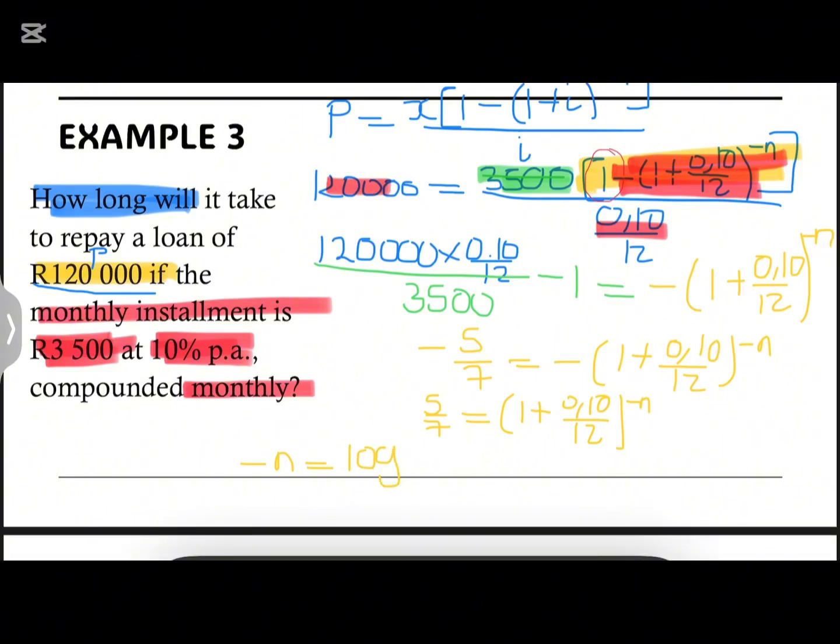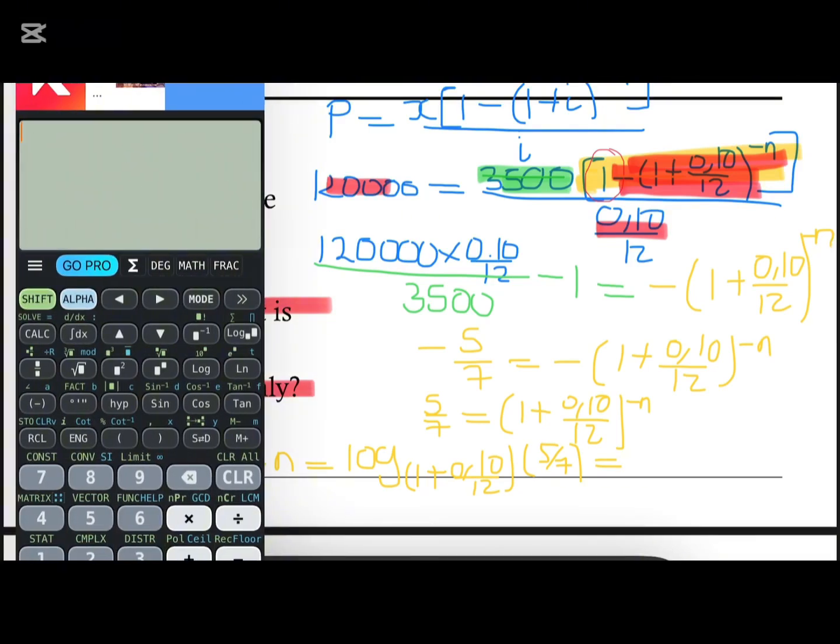We can apply logarithm. We're going to have negative n into log of 1 plus 0.10 divided by 12 to the power, and then we'll have 5/7. Then that will be equal to what? That will be equal to, let's see. Then in that case, you have log of 1 plus 0.10 divided by 12, close the bracket, and then you have 5 divided by 7. So now in that case you get negative